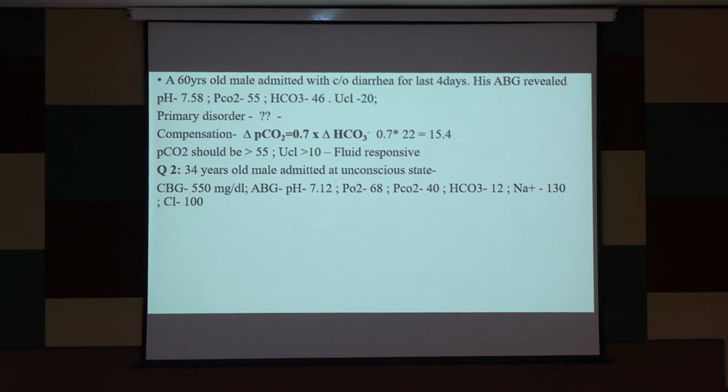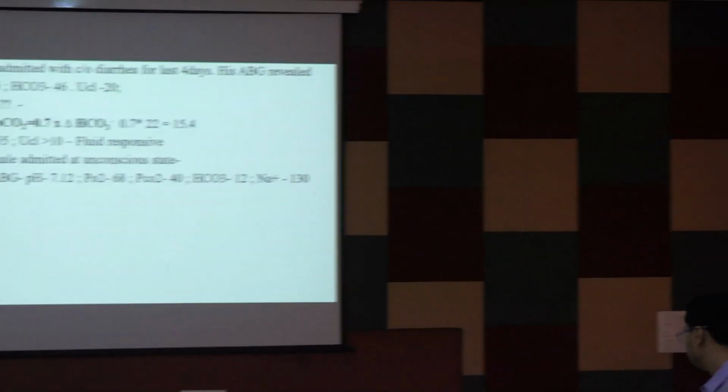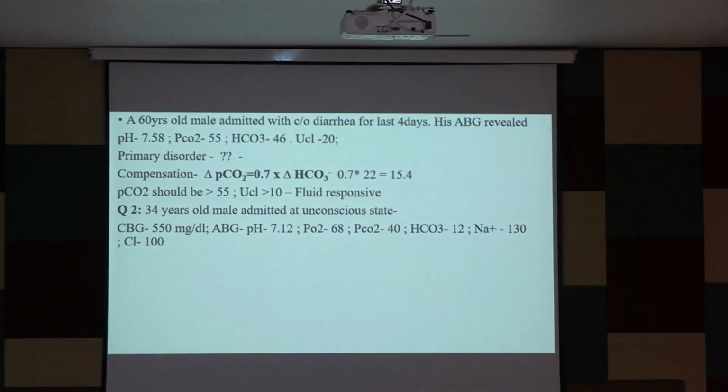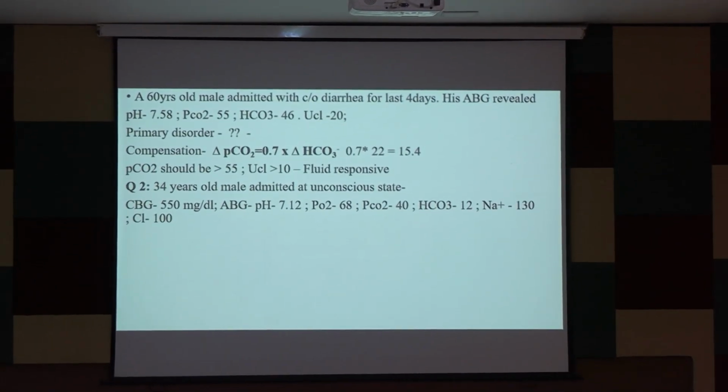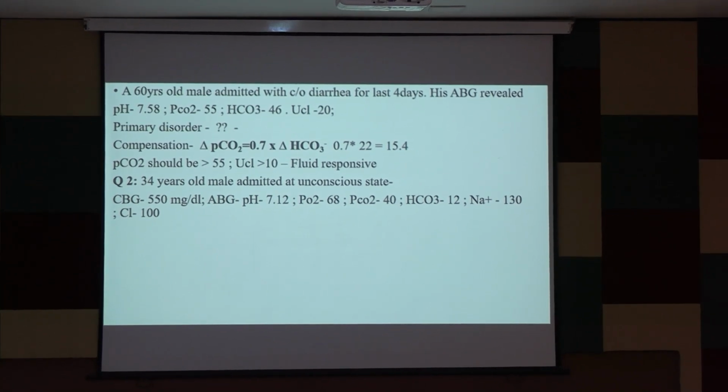PCO2 কত লেভেল থাকতে হবে? তার মানে 55, 40 plus 14.4, that means PCO2 should be 55.4, এখানে PCO2 কত আছে 40, so this is not compensated, তাই তো, not compensated, uncompensated metabolic acidosis, ঠিক।